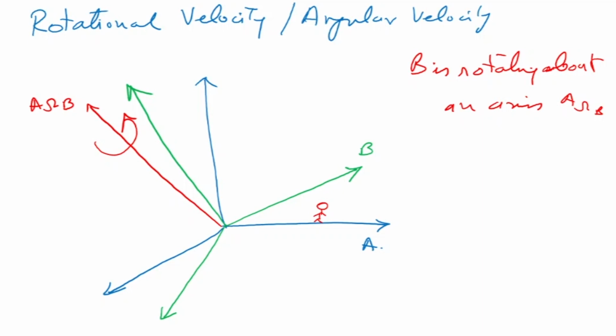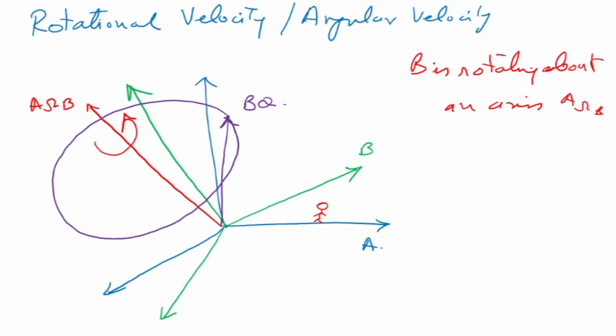Now if I have a point here, let me call this point BQ. BQ means the point Q in frame B. This is my position vector, which is BQ. The point is Q in frame B. Now if this is rotating about this axis marked in red, what will you see? Because frame B is rotating about that axis, this point will take a circle like that. I hope you can imagine that.